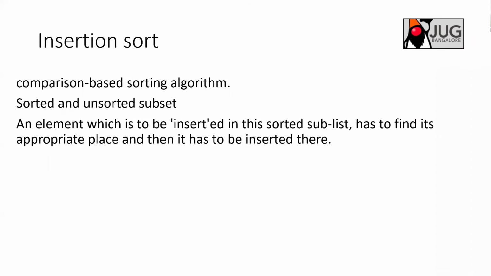Insertion sort is basically a comparison based sorting algorithm. What is done here is that the array is sorted in such a way that on one side we have a sorted array and on the other side an unsorted array. You start with the first element and mark that as the sorted array, and the remaining elements are the unsorted array. Then pick one element, starting from the first in the unsorted array, and put it in the sorted set and make that sorted too.